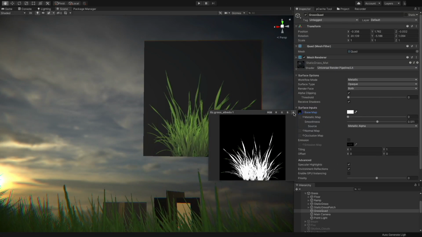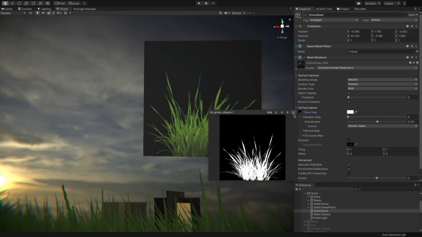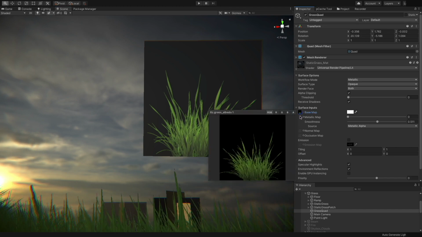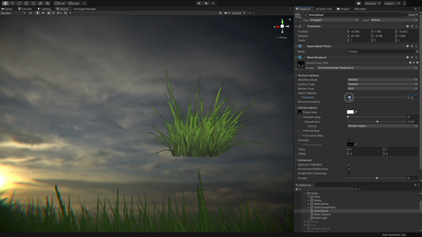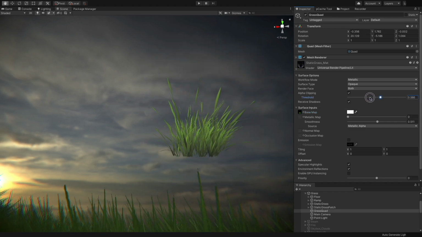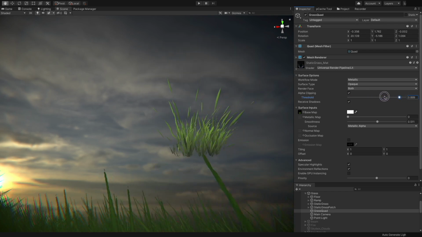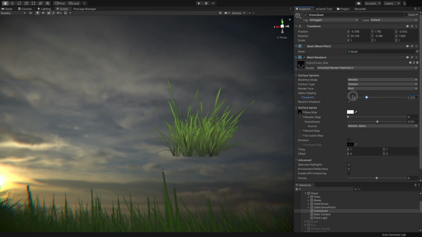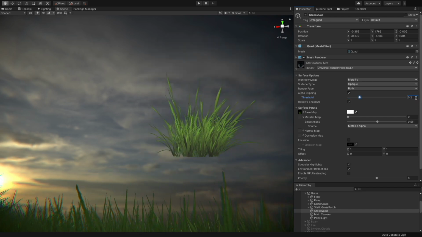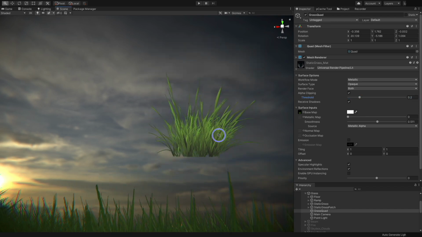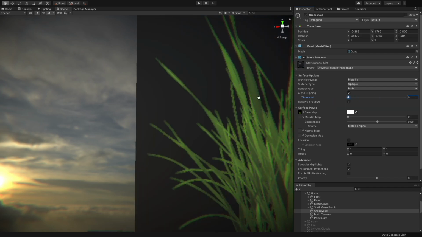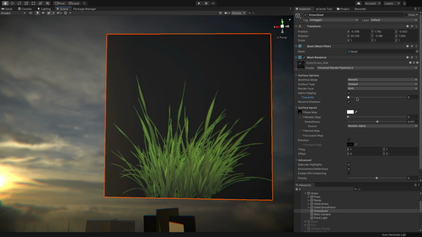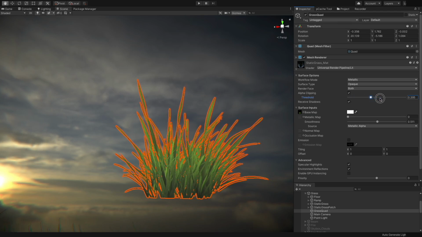Let's take a look at this grass texture and examine its alpha channel. With the threshold set at 0, all the pixels will be rendered, so your grass looks like a billboard. At 0.2, any pixel having the alpha value lower than that will be clipped, and the grass looks much better. Similarly, if we increase the threshold to 0.9, only the pixels having the alpha value greater than that are rendered. Part of the grass blades over here are missing, since they have the alpha value lower than 0.9. So, picking an appropriate threshold is important.